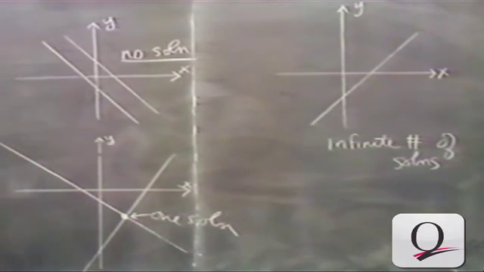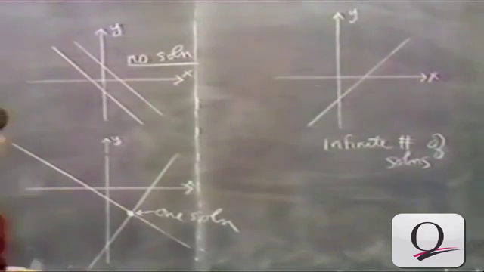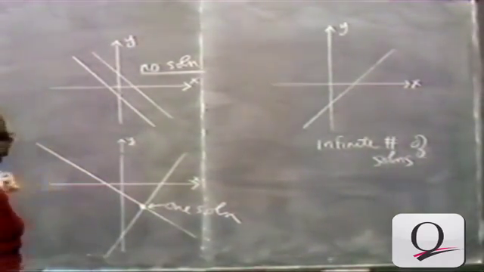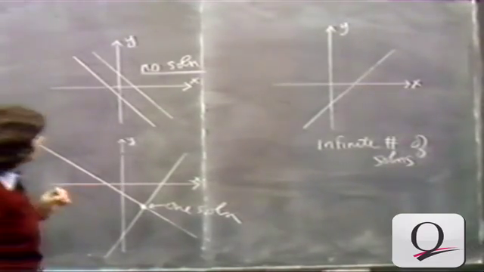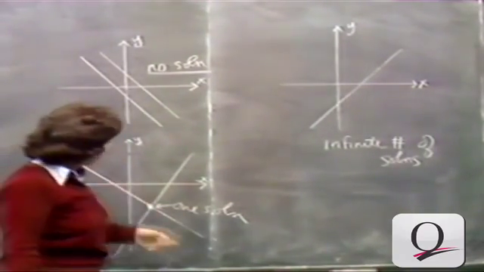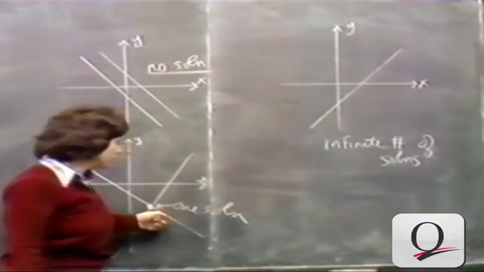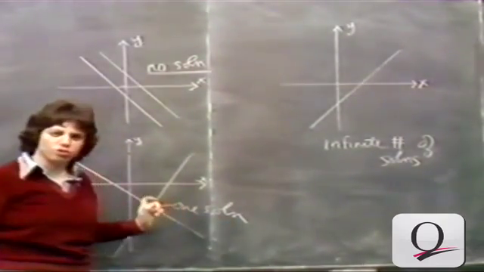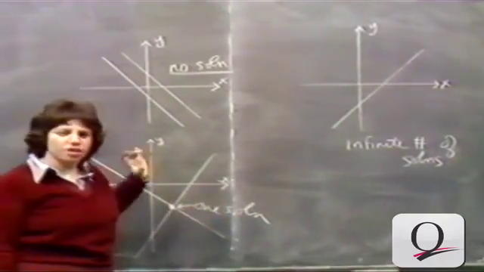Okay? You can have, therefore, three possibilities. One of three possibilities. You have two linear equations. Okay, the graphs may intersect at one spot. This is the one we like the most. If the two straight lines intersect, we will have one solution, a unique solution to the system of